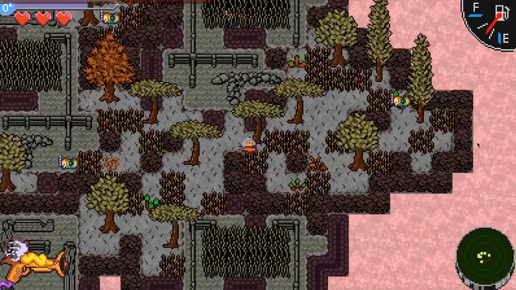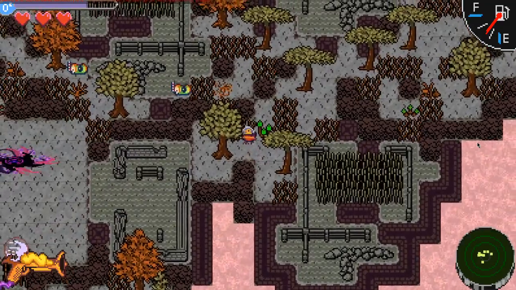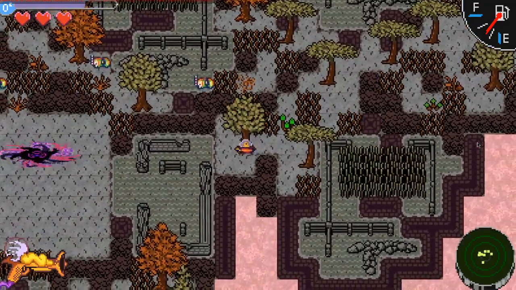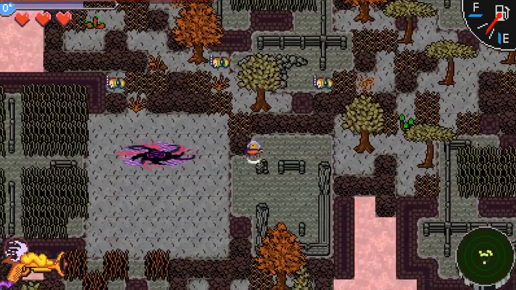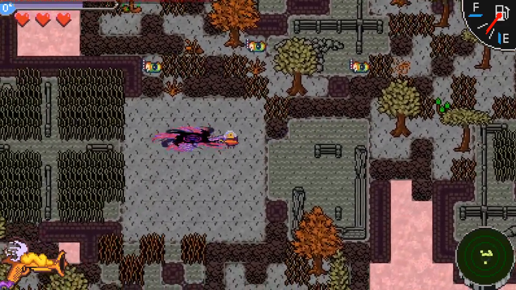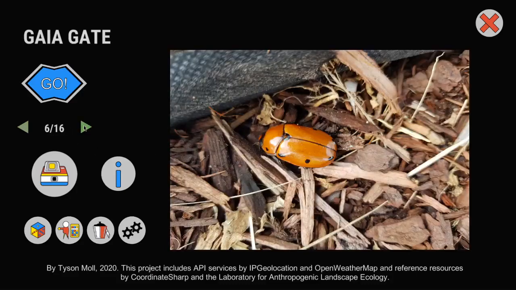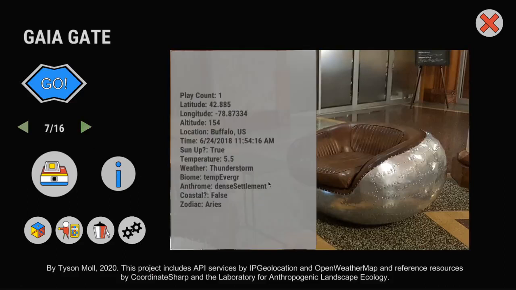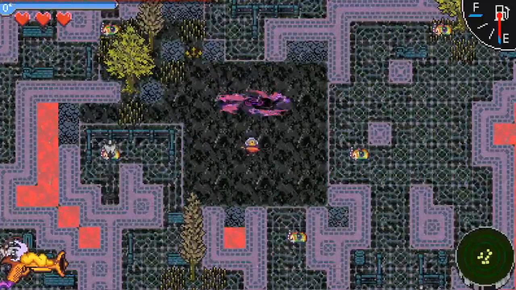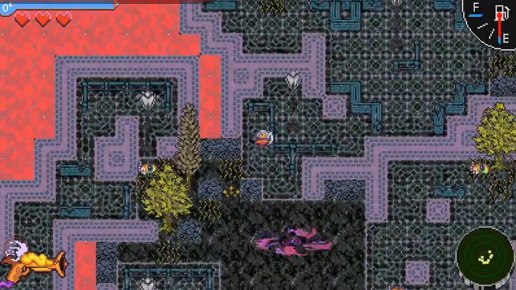So there you go. That basically wraps up the demonstration. I'm going to shuffle through a few more levels so you can get a better idea of what you can expect from this engine, multimodal photos and the game itself. We have a thunderstorm here, so let's check out what that's like. Yes, very rainy, urban, and oh, you see that?